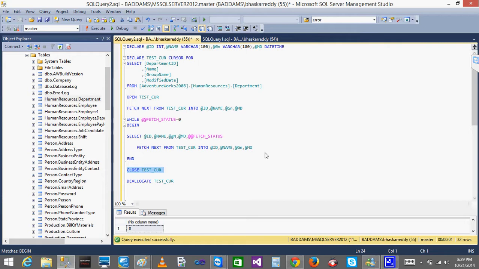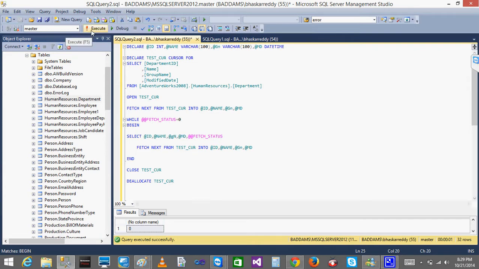So you are closing the cursor. Now you are terminating the process. Once you terminate, the query results are stored in the cursor, right? That means it is occupying some space. So when you use deallocate, automatically those records will be erased and the space will be freed. Okay, this is the use of the cursor. Here I am just writing the code, but you can write whatever approach you want.